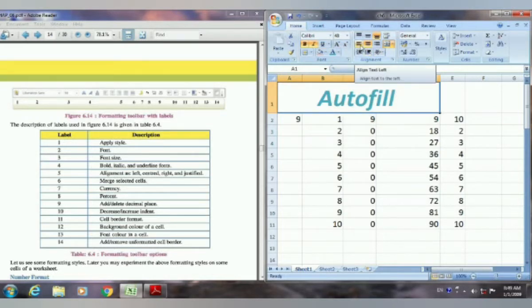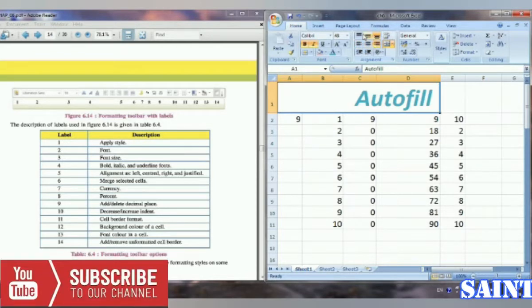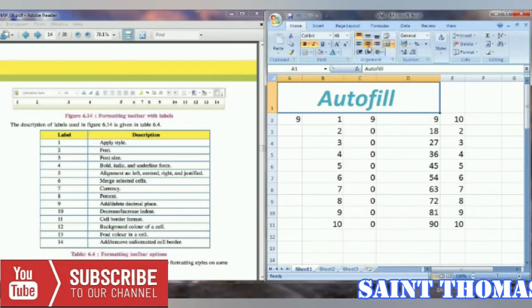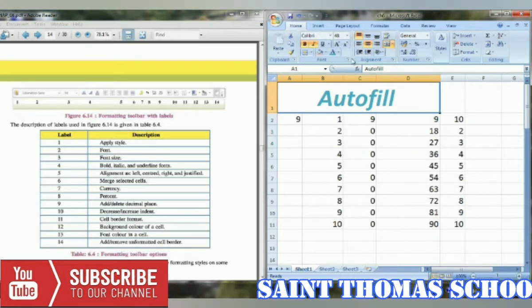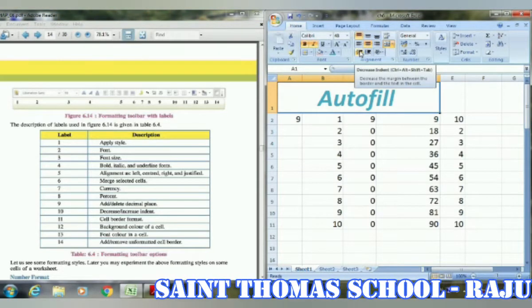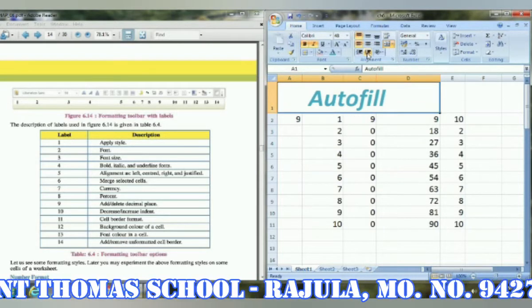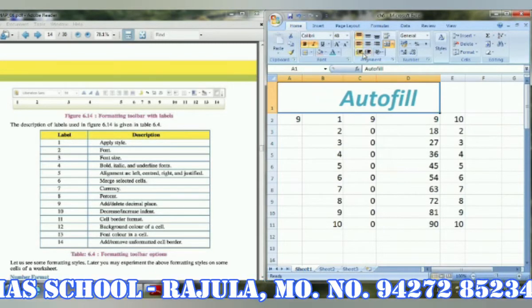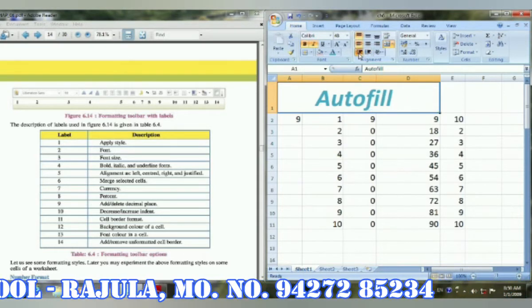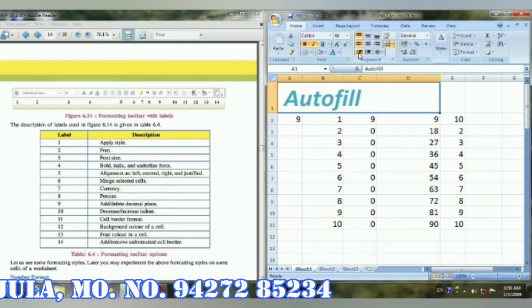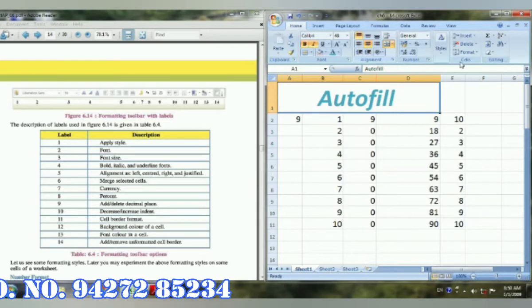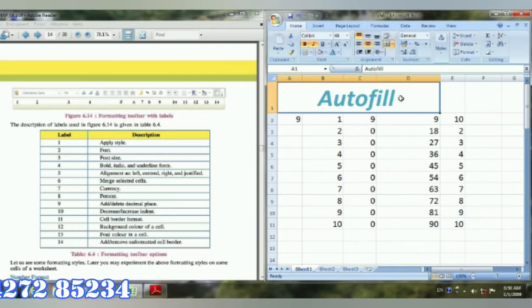Then after alignment, by default it is the center, then after left, center, right, the top, any alignment you can set according to your wish. Then after this is the indentation. Increase indent means it will go to the right side, and decrease indent means it will go to the left side. By default it is set at the center. So these are the options that we can change here.